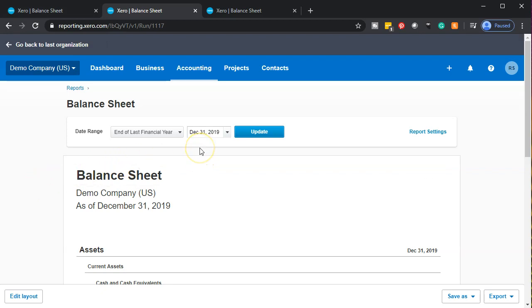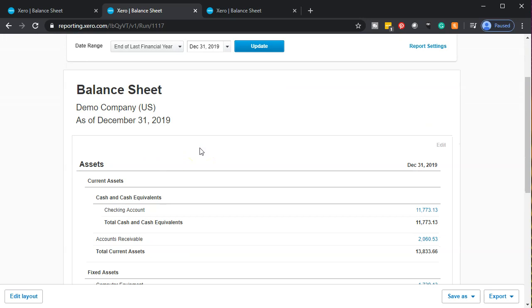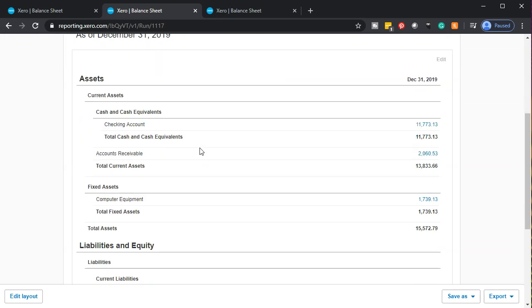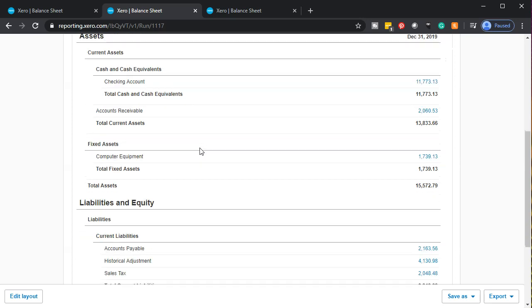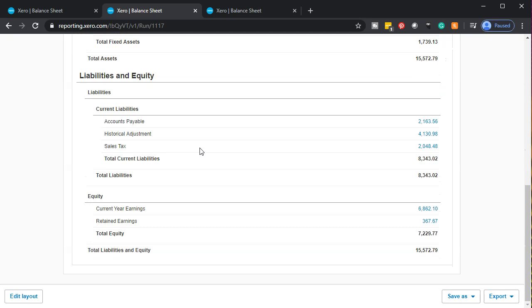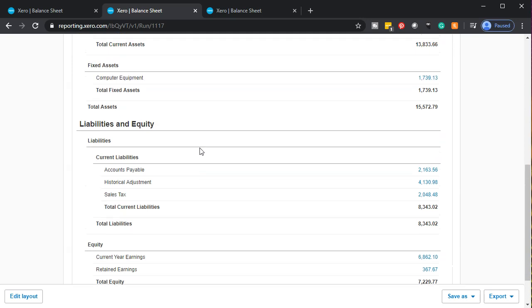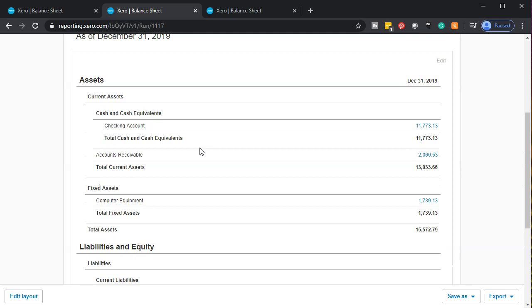So we're going to be in this balance sheet. We're as of December 31st, 2019. Now you'll note there's not a lot of accounts going on here, so we don't have a lot to worry about. It's pretty summarized already because there's not a lot going on with it, right? But you do see that there's a lot of subcategories within it. So one way to summarize this, and there are a couple of different ways we can think of a summary balance sheet,